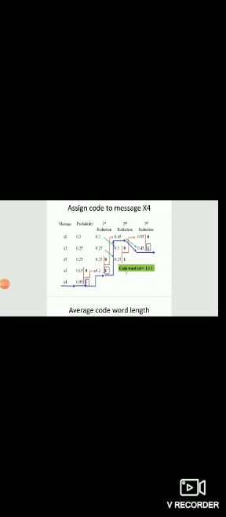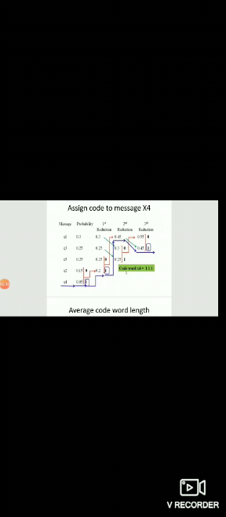Now we will assign the code word. In the third reduction we have to start again from right to left. In the third reduction the symbol assigned to probability 0.45 is 1, and then in the first reduction its path will be at 0.2, and the symbol assigned is 1, and in the table of probability the symbol assigned to 0.05 is 1. That's why the code word assigned to symbol x4 is equal to 111.